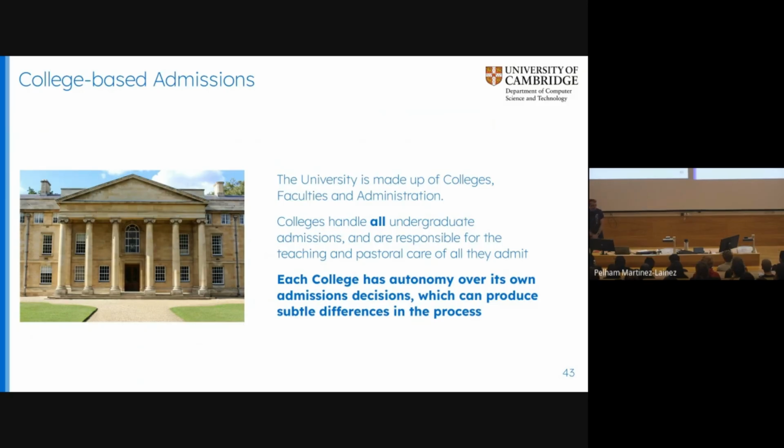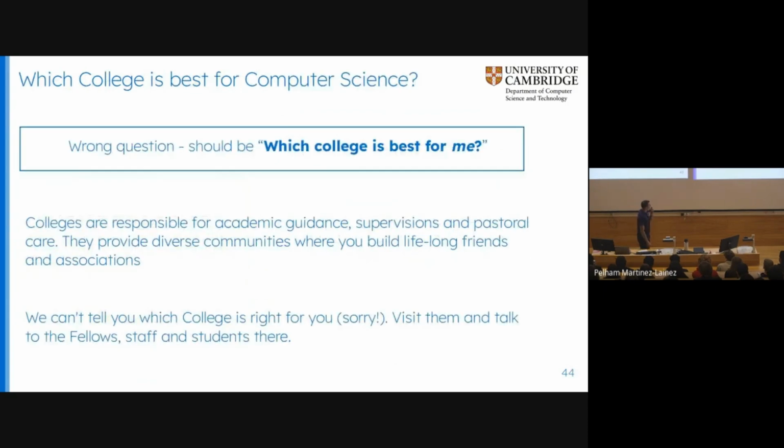It's a weird system in Cambridge, as ever, historical. Colleges actually handle all the undergraduate admissions. So technically, they have some autonomy in everything, in every decision that is made of who they admit. That's a little bit weird, and it does mean that there can be slight differences between what you get when you apply to one college and what you get when you apply to another college. They are small, but they are in existence.